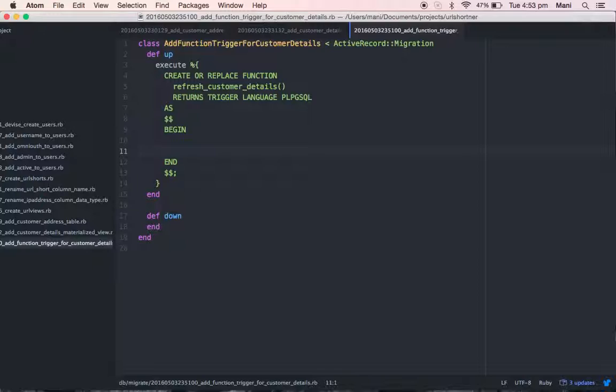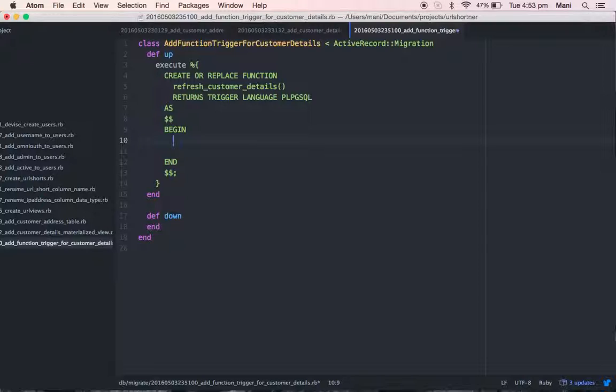In begin, what I'm going to write is this: whenever I execute this function, it needs to refresh my materialized view, because we can't refresh the materialized view manually. It's very difficult. That is the main target of this function: I need to execute the refresh materialized view automatically whenever I am updating, inserting or deleting values in either table, the customer table or the address table.